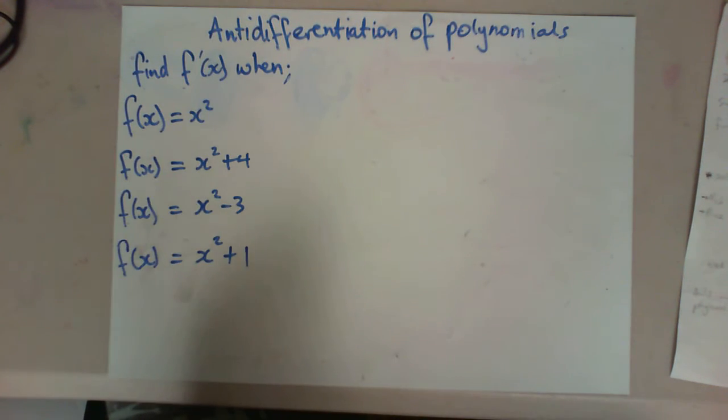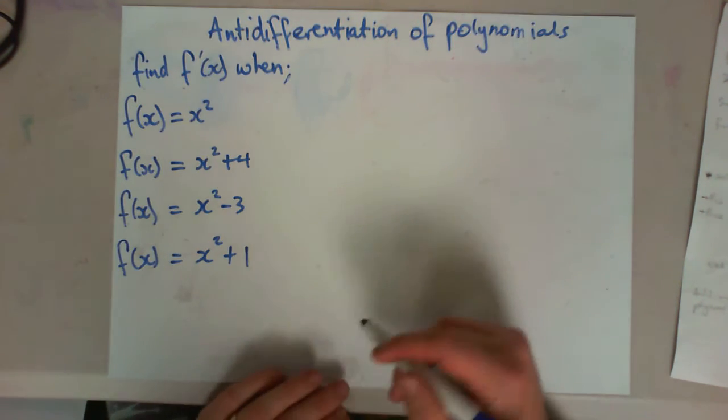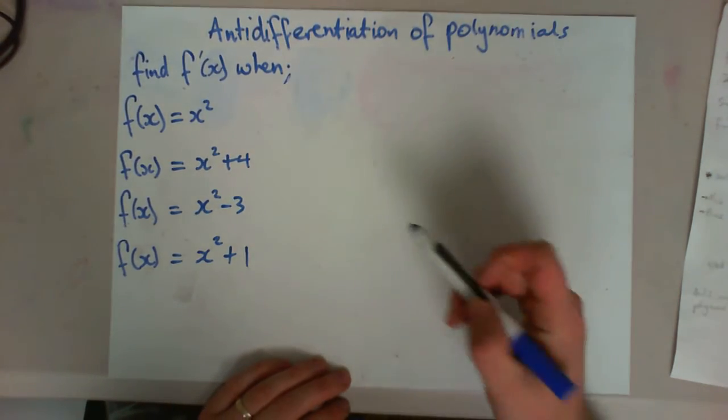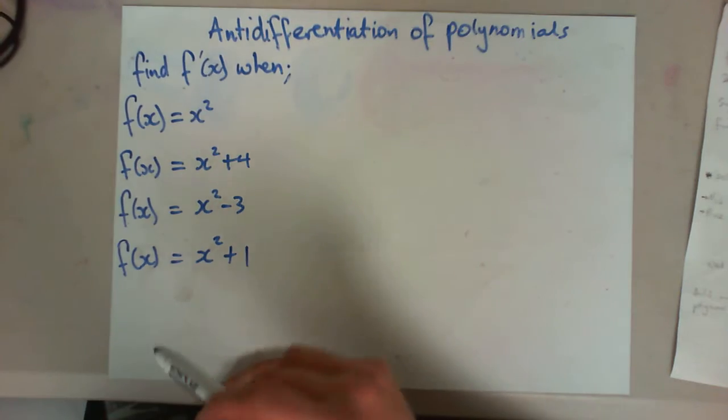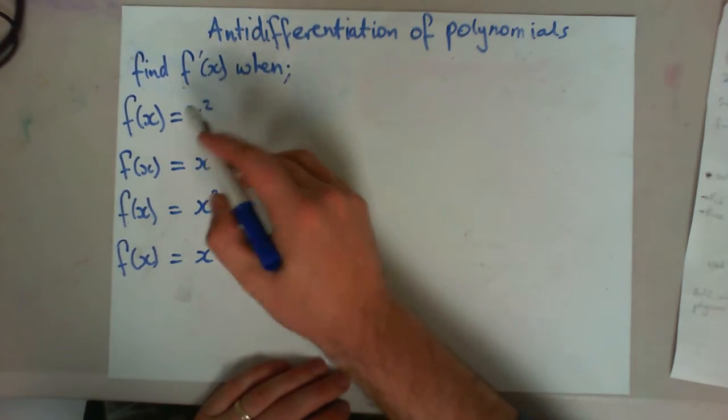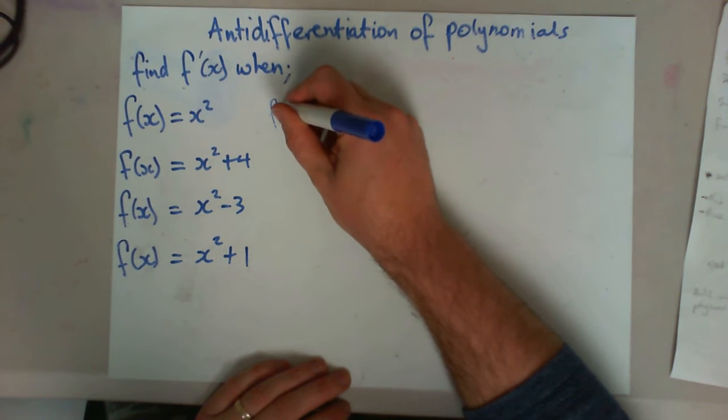Okay, in this video we're going to be having a look at anti-differentiation of polynomials. I'm actually going to start with some differentiation. So we want to find f dash of x when f of x equals x squared. Remember our 2 comes down the front, so we get f dash of x